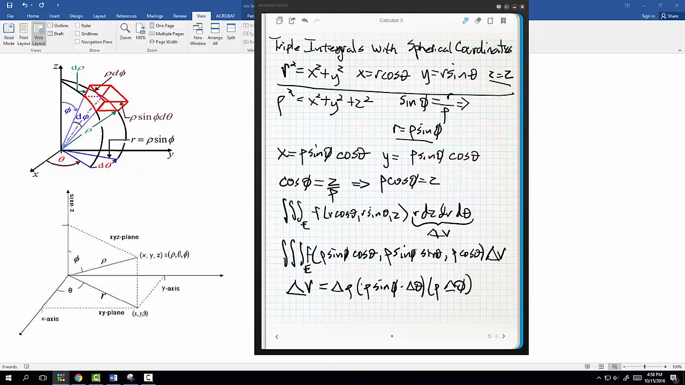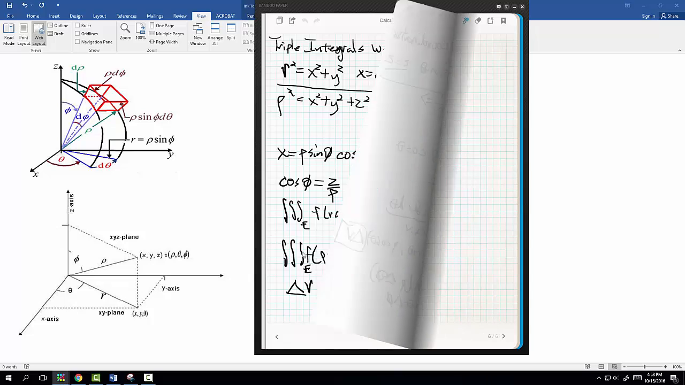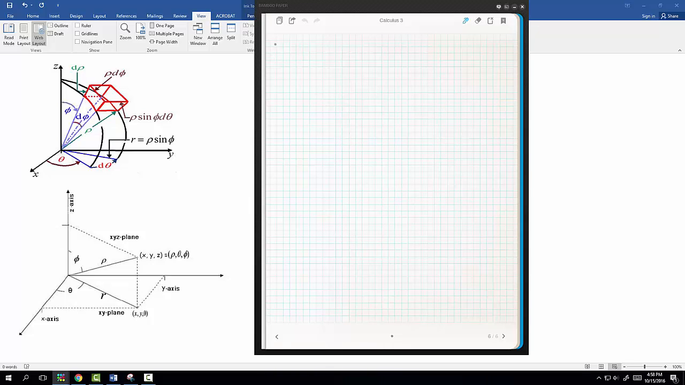So what does that give me for this chunk right here? Well, multiply them together. I end up with rho squared sine of phi times delta rho, delta theta, and delta phi. And that's it. So when I rewrite this, I end up with the triple integral over the enclosure,